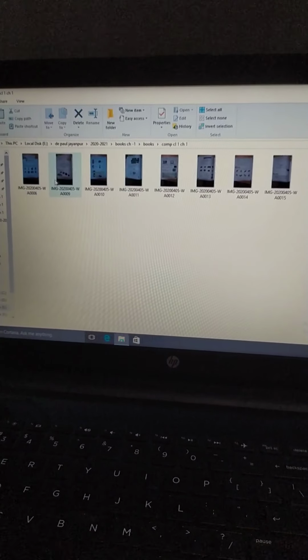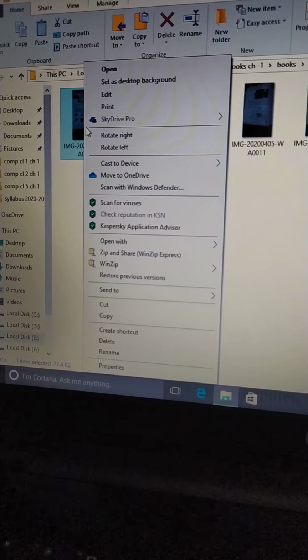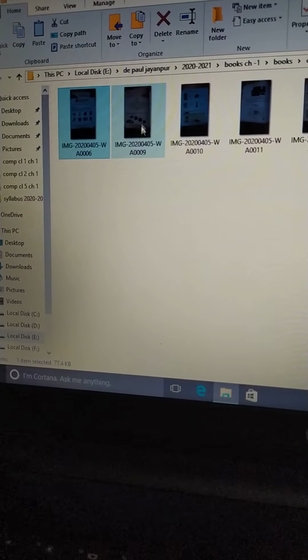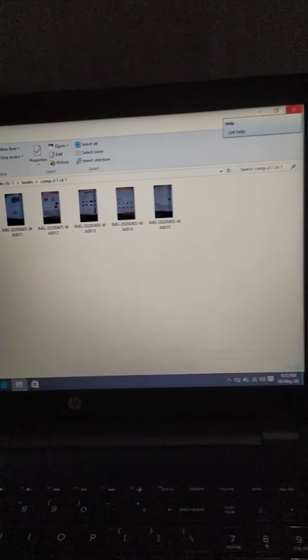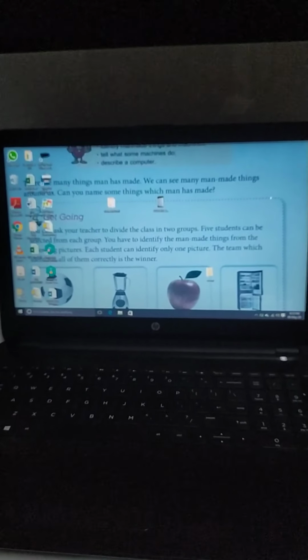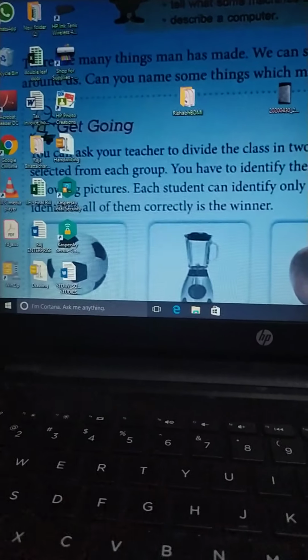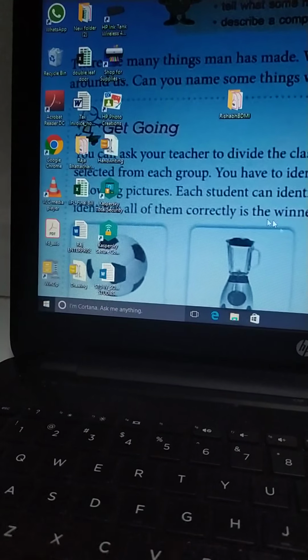Yes, suppose we select this image. Right click on it, set as desktop background, then close the window. See, our desktop background has changed. Clear?